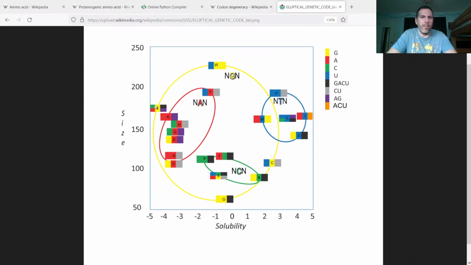And you have arginine being very hydrophilic and rather large. So we've only covered half of these, and it'll make more sense once we've covered all of them, but at least you'll have a slight introduction to this, and when I talk about it later, maybe it'll make more sense.